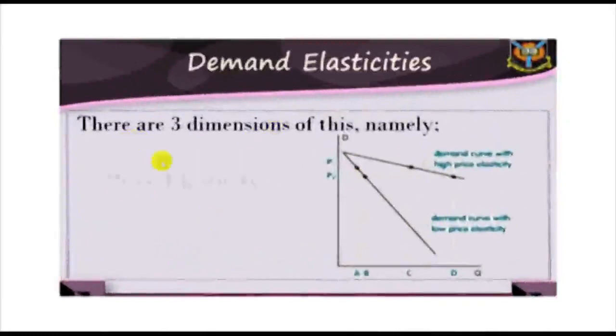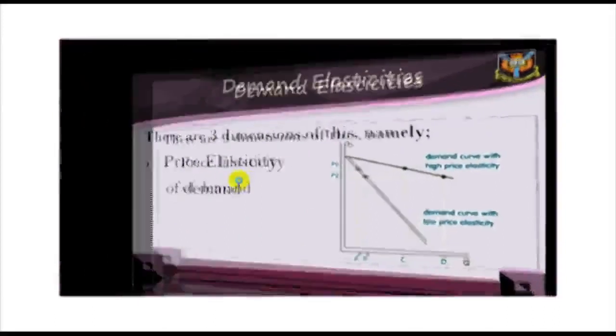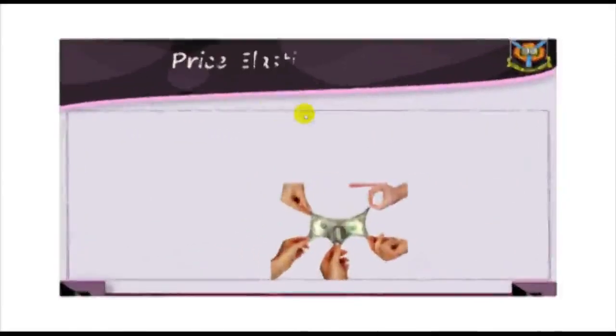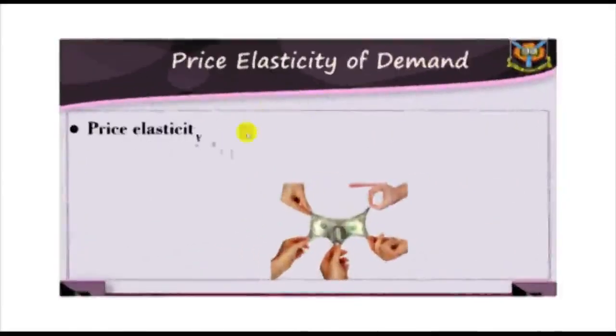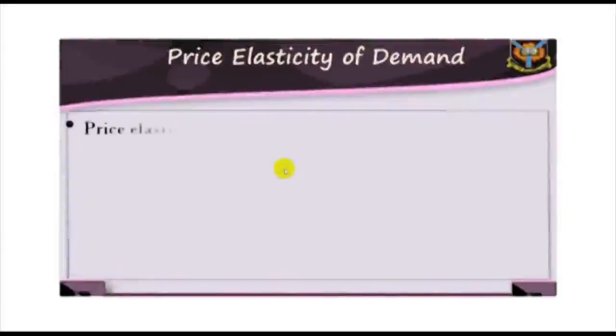Elasticity of demand. Price elasticity of demand. Price elasticity of demand is defined as the responsiveness of quantity demanded to a little change in price. In other words, we are interested in knowing by what percentage demand will change if price is changed by a given percentage. Price elasticity is usually symbolized by the letter